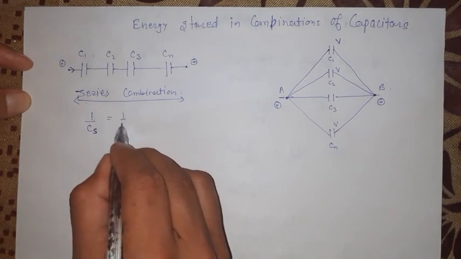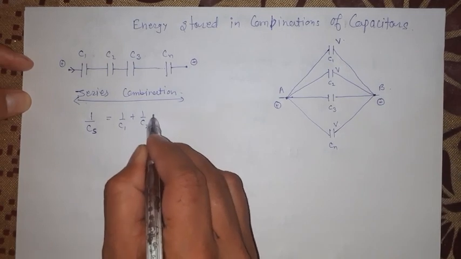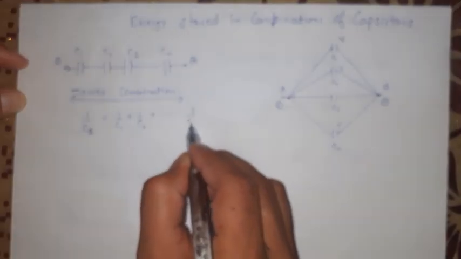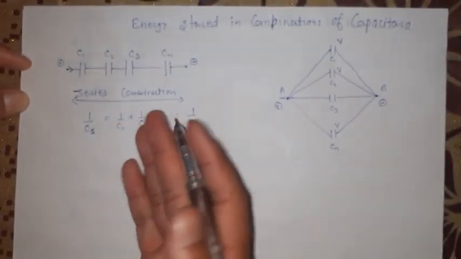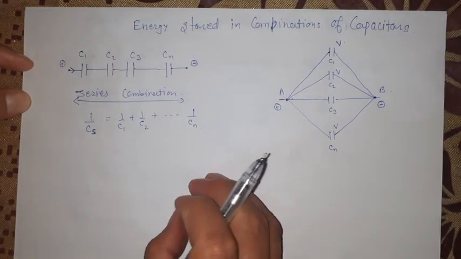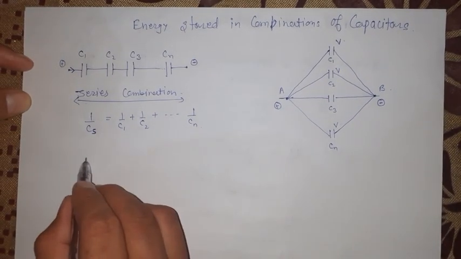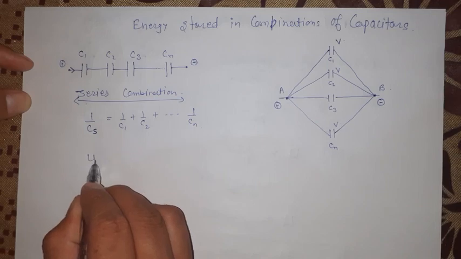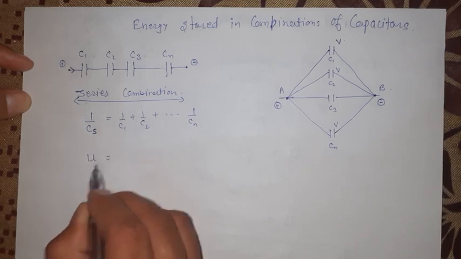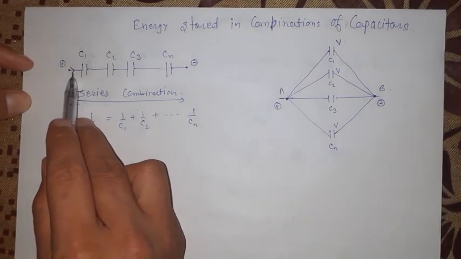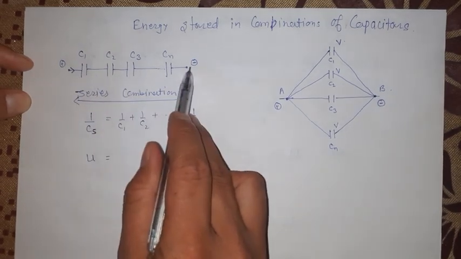It will be equal to 1 by C1 plus 1 by C2 plus so on, 1 by Cn. It is the equivalent capacitance of this series combination. Okay, now how much is the total potential energy? So the total potential energy is equal to, now if you look at the series combination, what is going